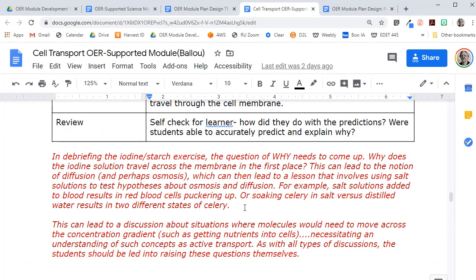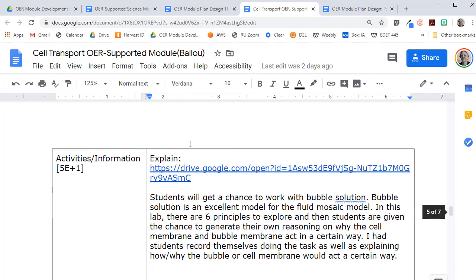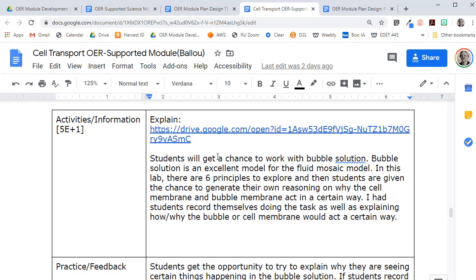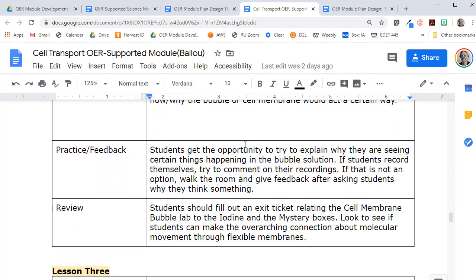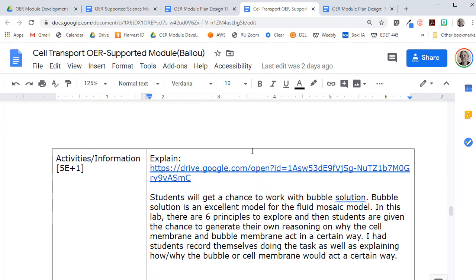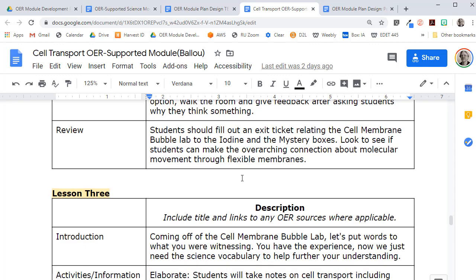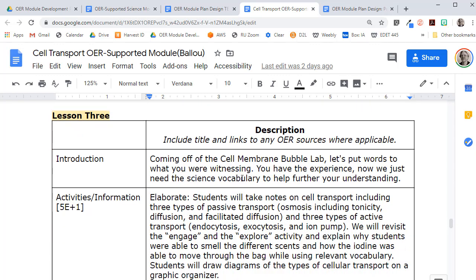And so the module goes on, and then there's lesson 2, and it's another activity. In this case, it's really mostly an explanation where learners have an opportunity to investigate the properties of cell membranes by doing this bubble activity, which again is a really good part of the lesson. And it's written up as a distinct lesson, but it really needs to dovetail better with the overall module. And again, that's really a design issue that was promoted initially that was a little harder to follow. And then a separate lesson that addresses